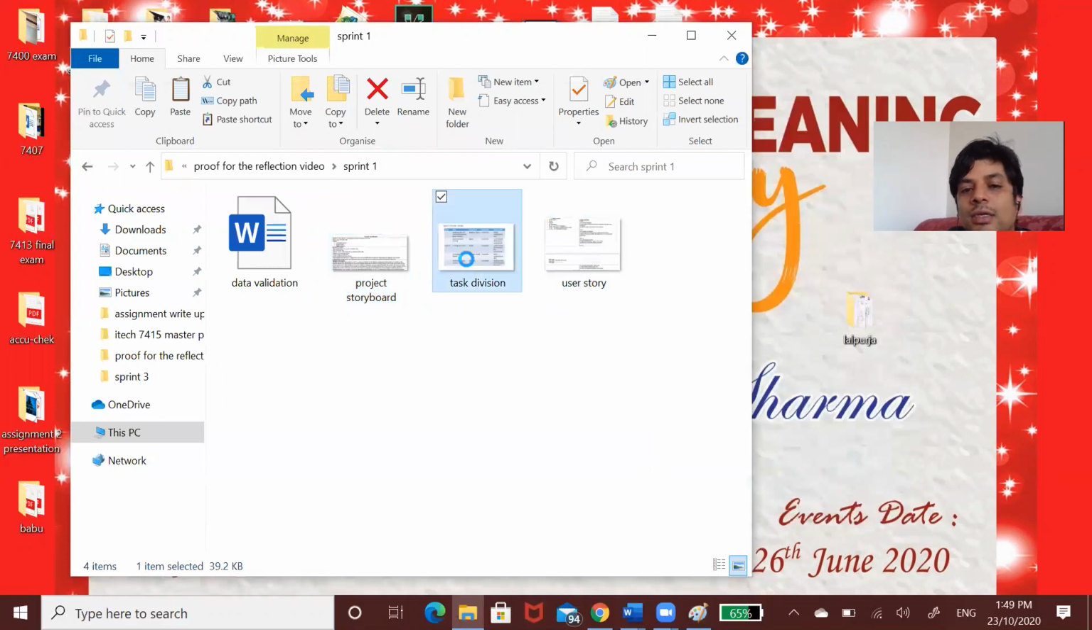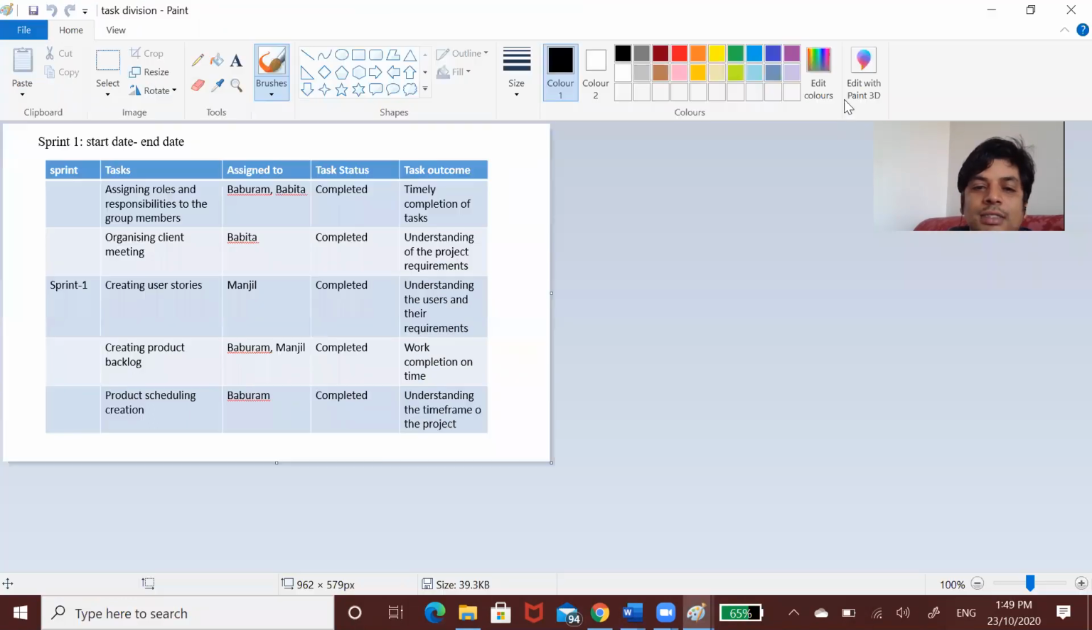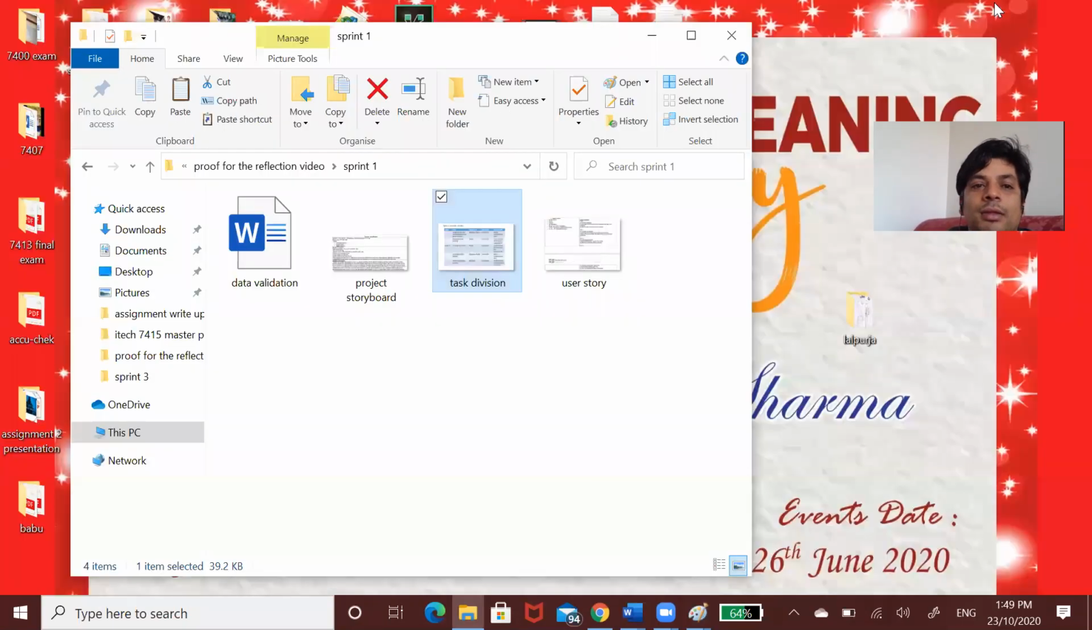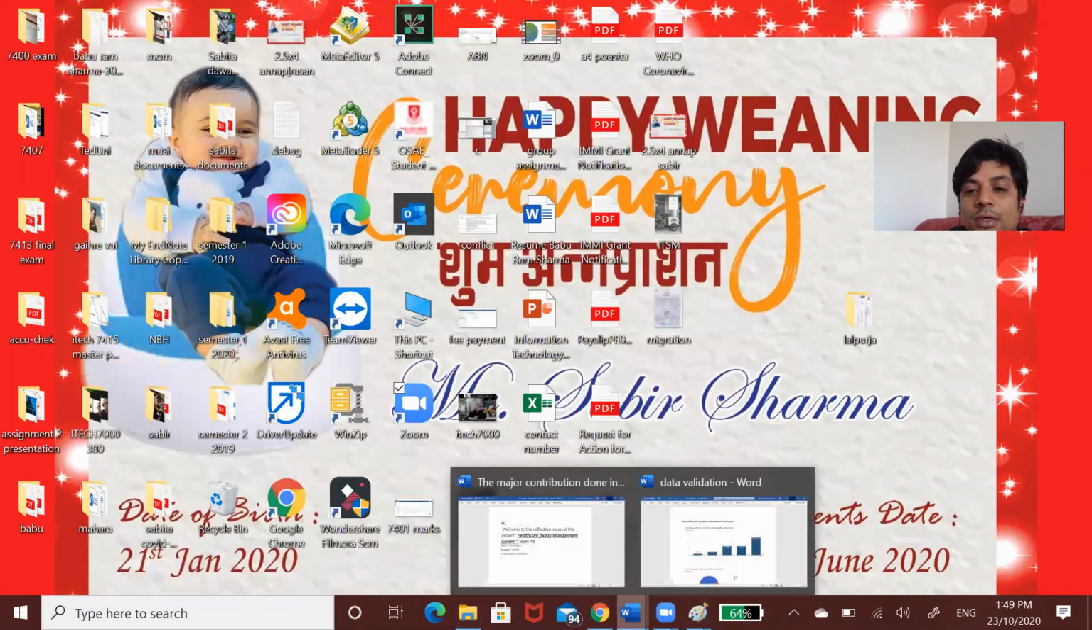And this is the task breakdown structure that I designed, and these were the tasks that were given to the different team members in our team, which we completed on time. And similarly, in the first sprint,